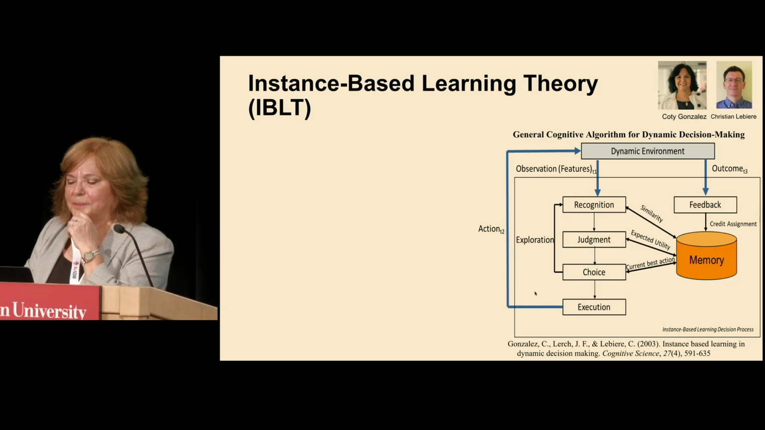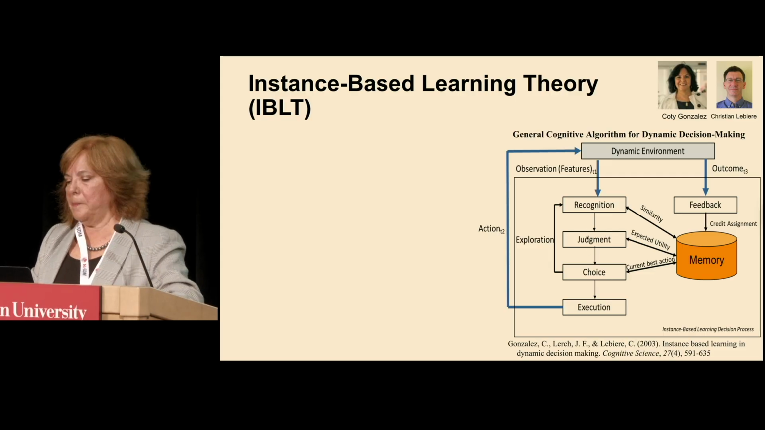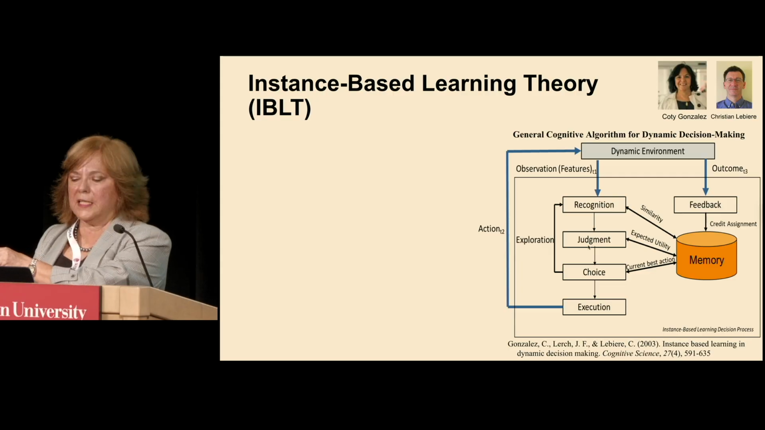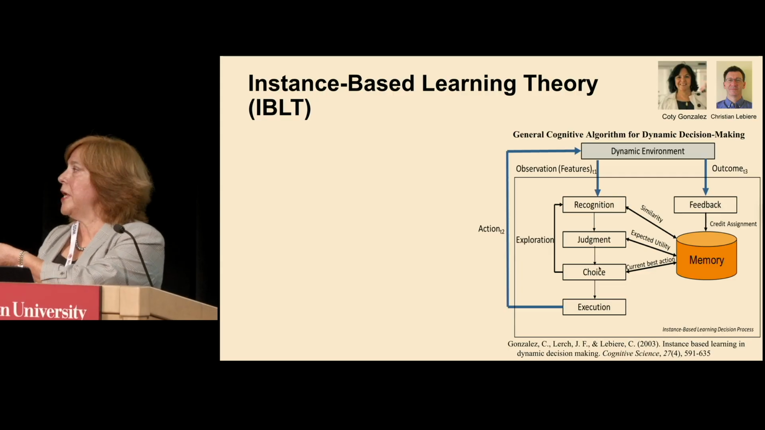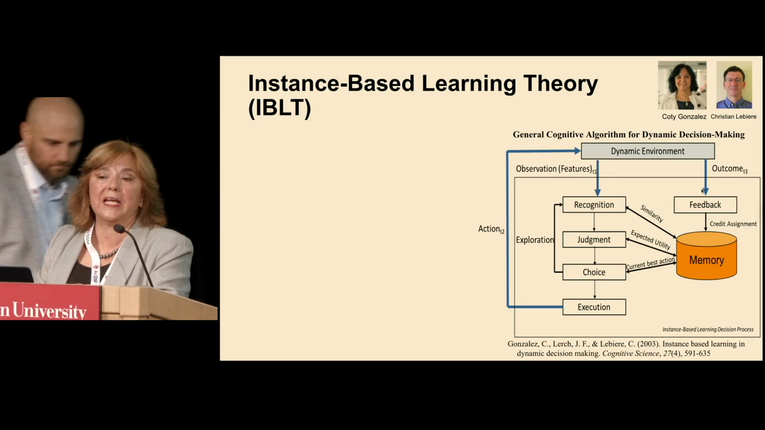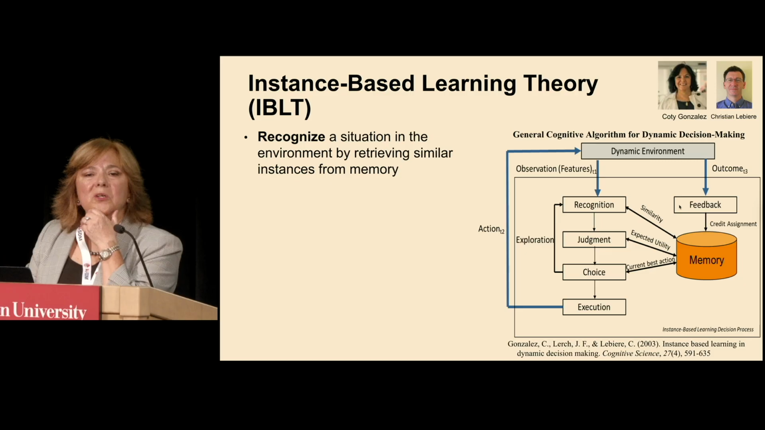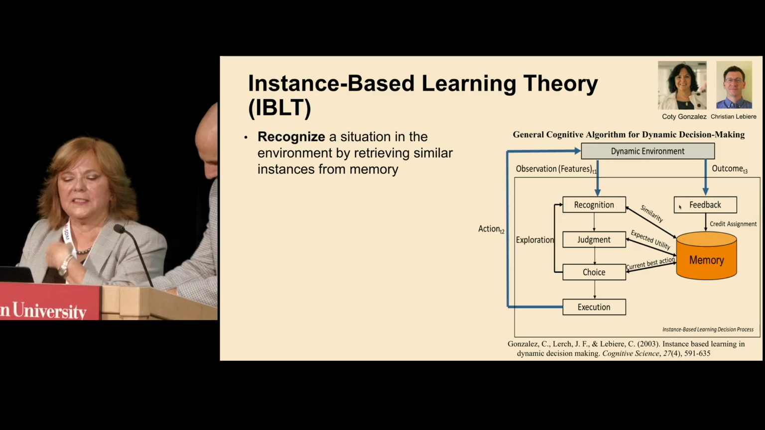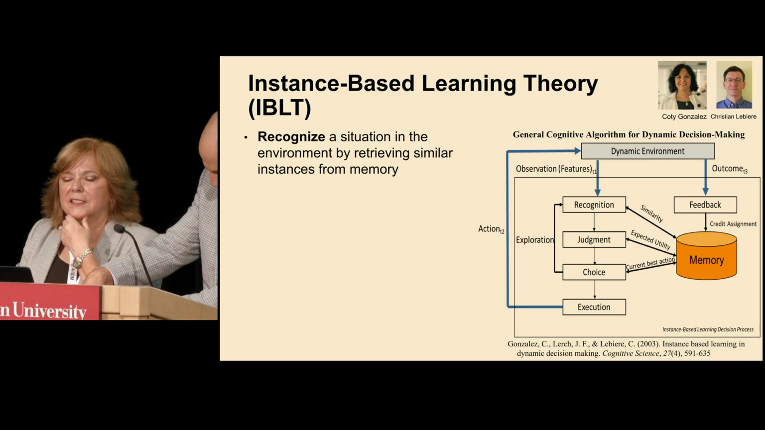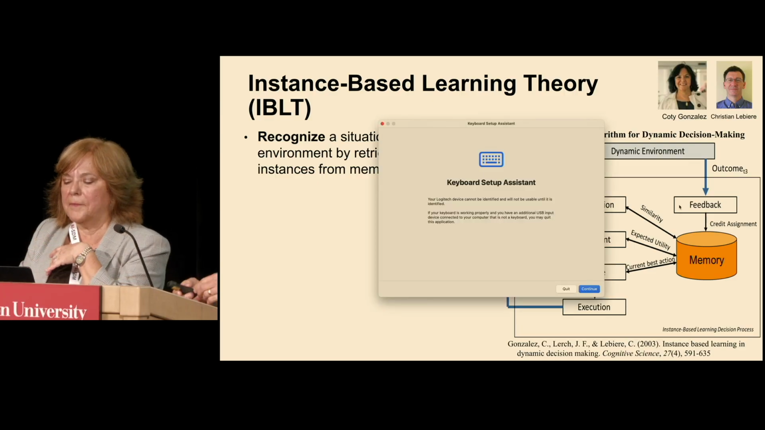So we try to incorporate the traditional decision-making processes like judgment and choice with the naturalistic decision-making approaches like recognition and feedback. And so the idea of this process is that people recognize a situation in the environment by retrieving